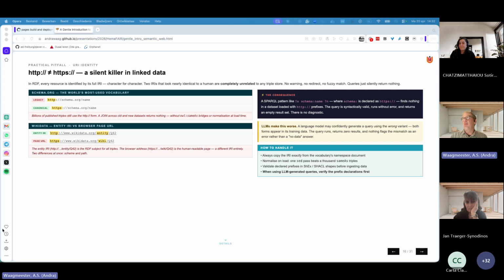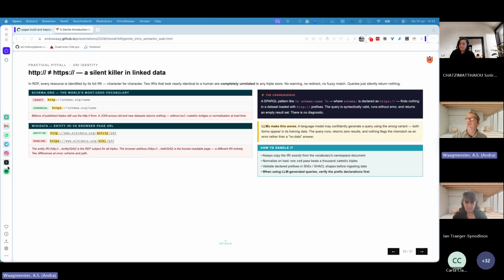It's actually what I tried to put in these lines. I said when using LLMs generating queries, verify the prefix declaration first. This is something one should do by design, whether you use LLMs or not, because